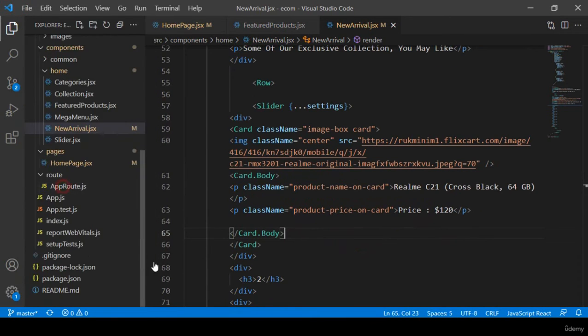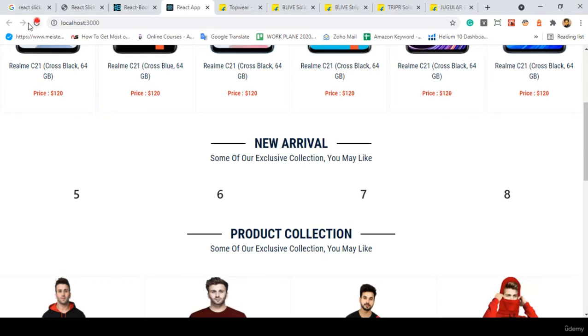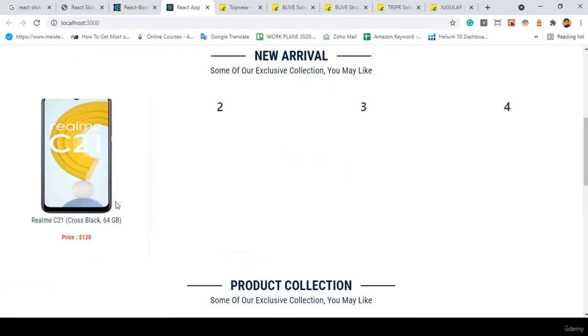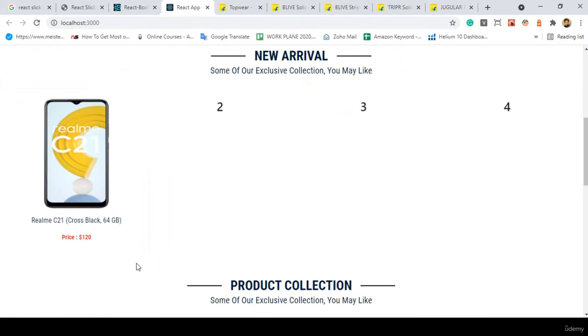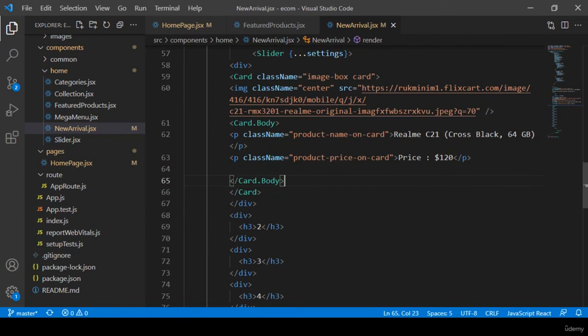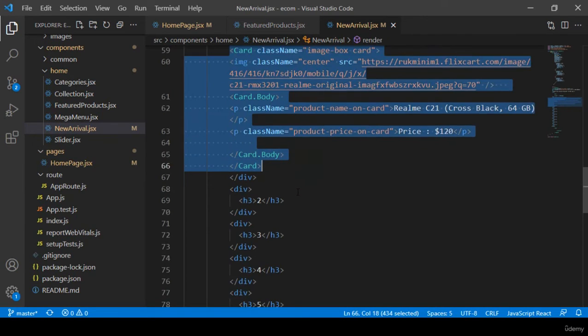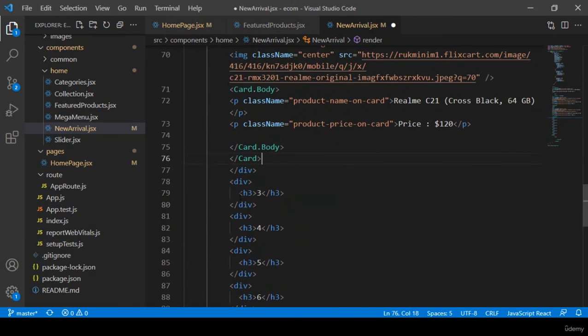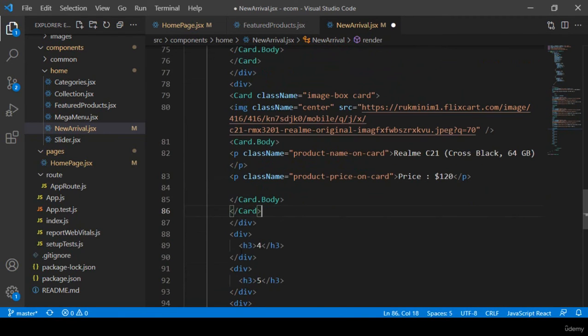I'll click Save All. Now let's check this out. Click Refresh. Perfect. You can see it's now perfectly loaded in here. So I want to take 4. That is our one card, and there is our another card. I want to update this card also in here. Okay, there is another one, updated,